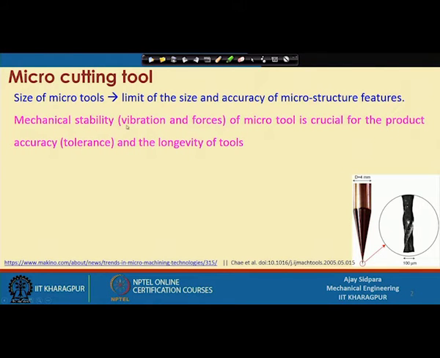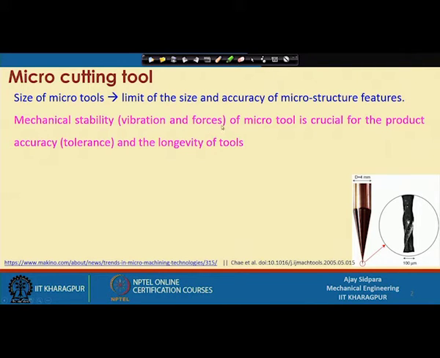The mechanical stability, that is the vibration and forces of the micro tool, is crucial for product accuracy, mostly the tolerance, and the longevity of the tools. Because when we talk about a micro tool of 100 micron diameter and we get a vibration of around 10 or 20 micron, it is 10% of the diameter of the cutting tool, and forces are also sometimes very high at the micro level.